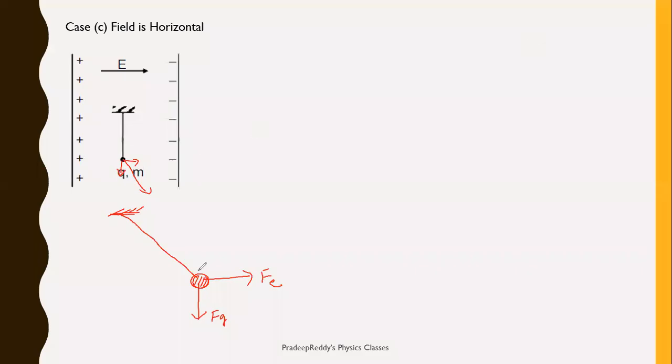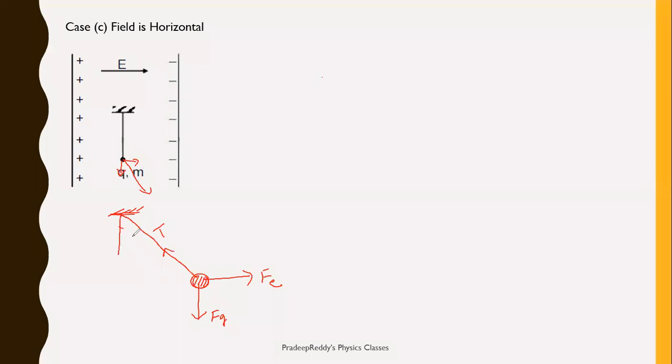As one of the students is asking me to find out the tension over here, I'll show you how to find out the tension so that it becomes one more simple example. Now there are three forces acting upon this pendulum. One force is electrostatic force, another force is gravitational force, and the other force is tension in the string.